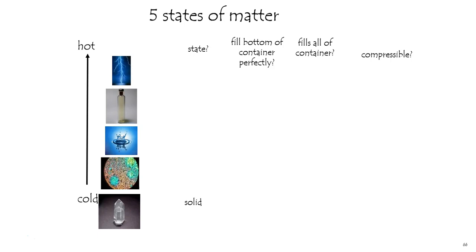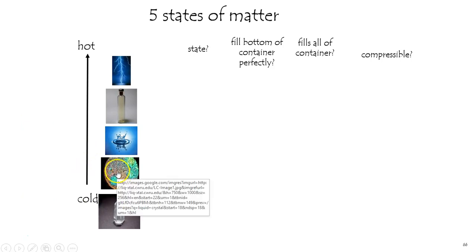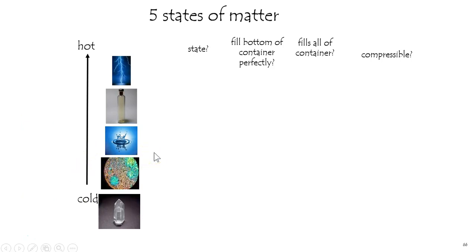If you heat them up a little bit, typically they will go to a liquid. I mean 99% of the time. But once in a while you get substances which under a microscope look a little bit like this. These are liquid crystals. They are defined as highly ordered liquids.